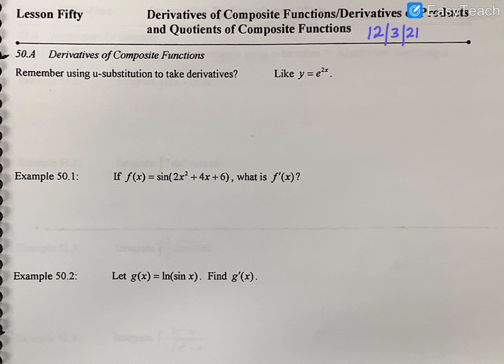Kind of a review of what we've already talked about, and then expanding on it. So, first thing there, remember using u substitution to take derivatives. When I first introduced the chain rule, we talked about taking the derivative of y equals e to the 2x. The idea is that this is like taking the derivative of e to some power, so we can think of this as y equals e to the u, where of course u represents